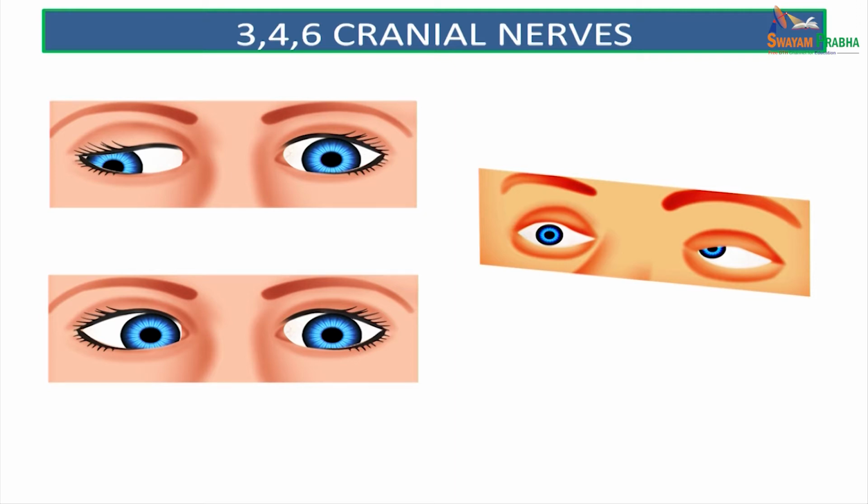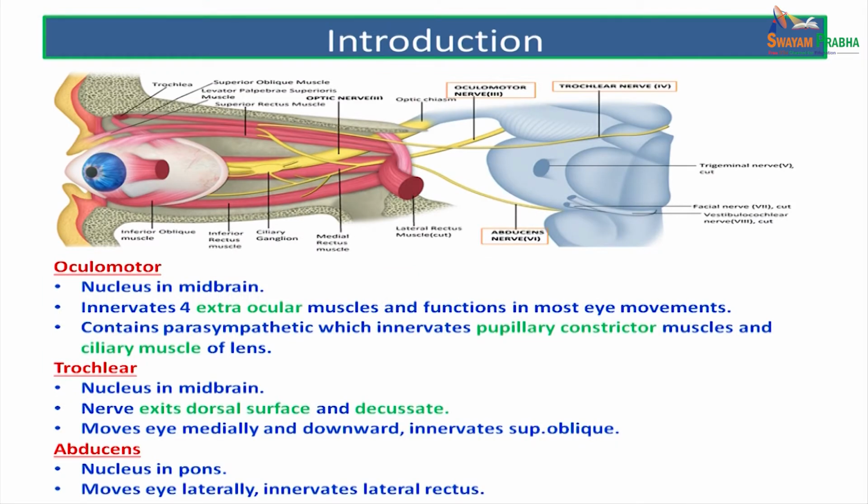at his eyes, when one eye is normal looking straight and the other eye looks to the side or to the inside of the eye, above or below, why does this happen so? Why and how these symptoms occur are dealt with in the following class, dealing with the oculomotor, trochlear and abducens nerves in detail. So, the overview of these 3 nerves: the oculomotor nerve, which has